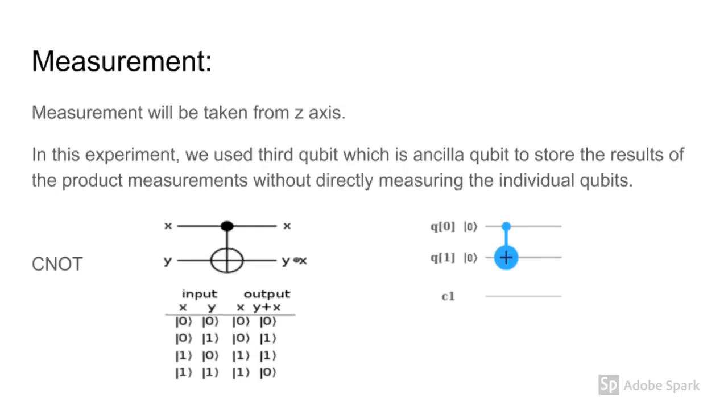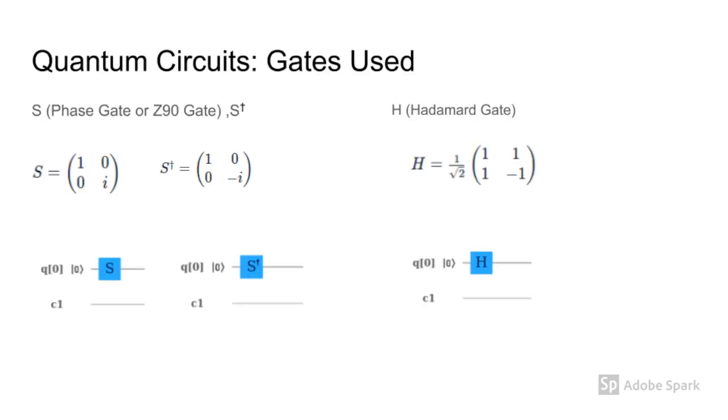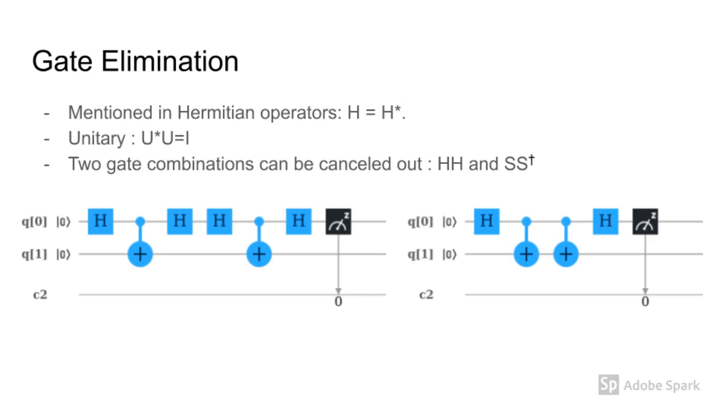We have used IBM's quantum circuits in order to achieve the eigenvalues of each row and column. In order to measure, we initialize a qubit to |0>, and then we apply a controlled gate on it, because the controlled gate, when applied on |0>, will give the result of the other qubit. In order to shift a vector from the xy plane to the z-axis, we use Hadamard gates. In order to shift a vector around the z-axis on the xy plane, we use an S-gate, or a Z90 gate. For the sake of simplicity, we have applied gate elimination on our circuits.